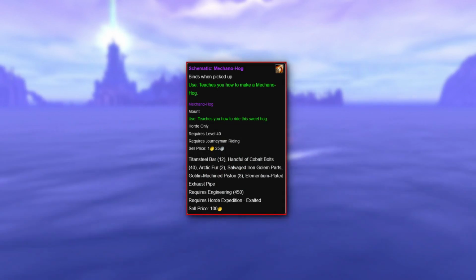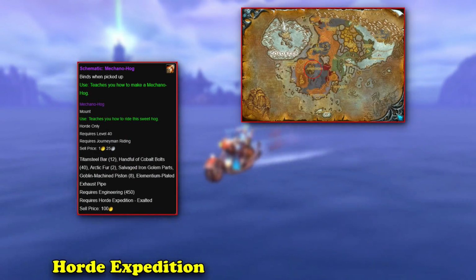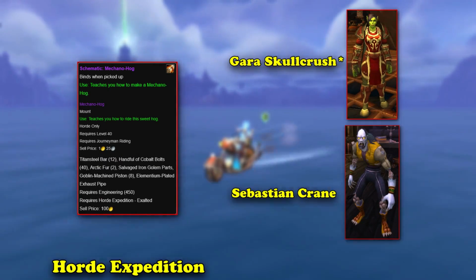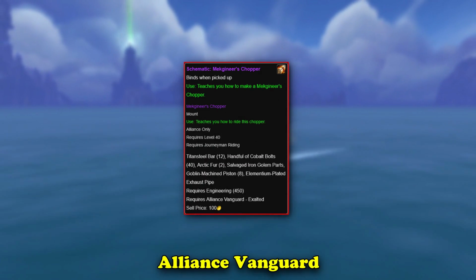The schematic for the Mechano-Hog can be bought when the player is exalted with the Horde Expedition from the 2 Quartermasters in the Borean Tundra and the Howling Fjord, named Gara Skullcrusher and Sebastian Crane, respectively. The Mekgineer's Chopper schematic can be bought from the Alliance Vanguard Quartermaster when the Alliance player sits exalted with that